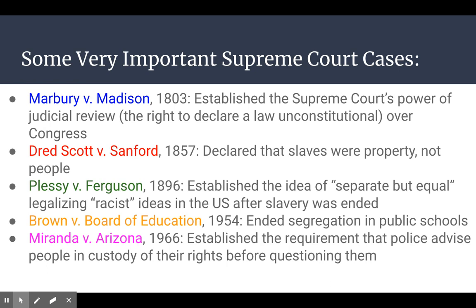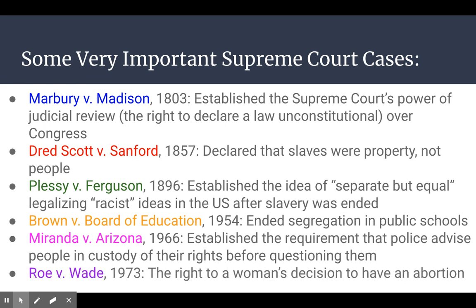Okay, so Miranda rights, maybe you've heard that term before. We're going to cover that again when we get into, like, say, the Bill of Rights in a couple of weeks, but just kind of wanted to bring it up as a really important one. And again, there's a whole bunch of other court cases. If you're looking at this list and you're like, Mr. Moore, why didn't you talk about this one or that one? That's because this is not an AP class. It's like a regular class just trying to help you become familiar and basically comfortable with some of the key terms. And so I think Roe versus Wade is one of those other like huge deals that kind of pushed